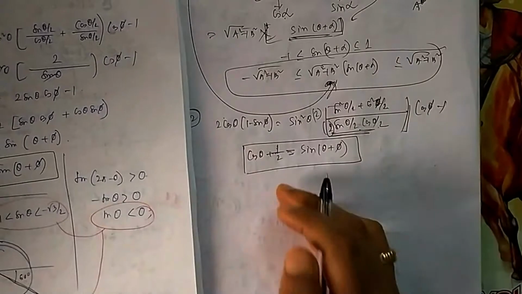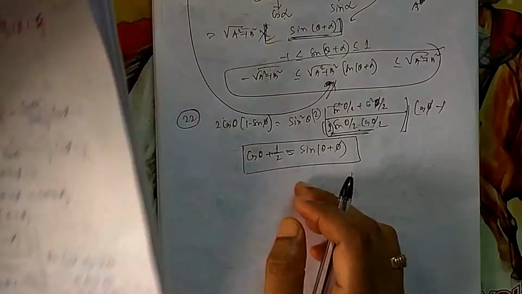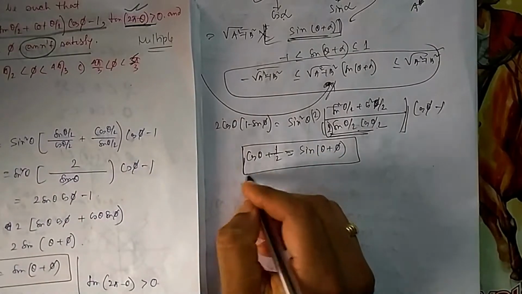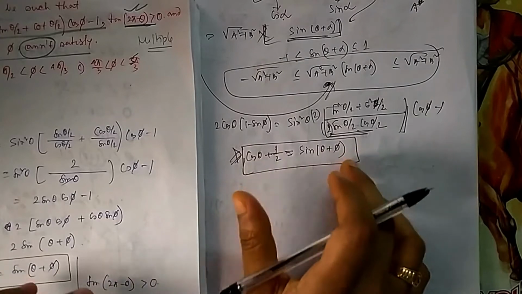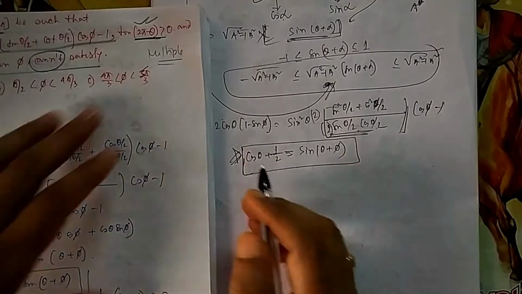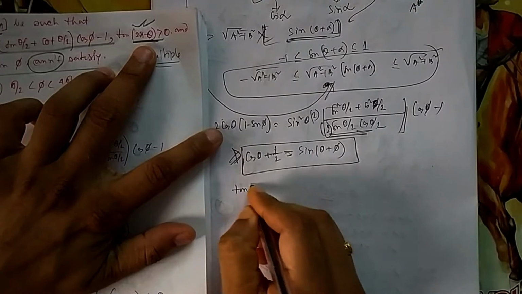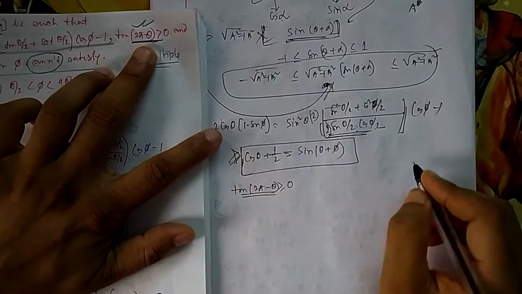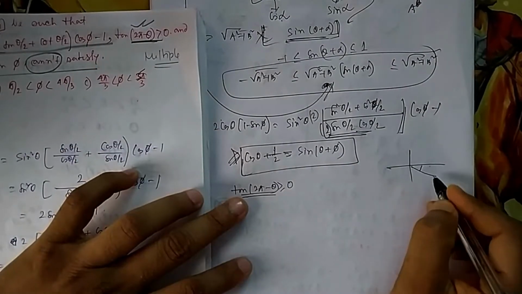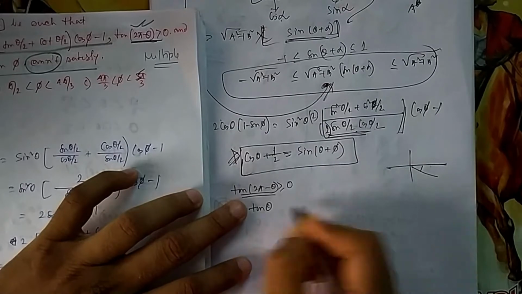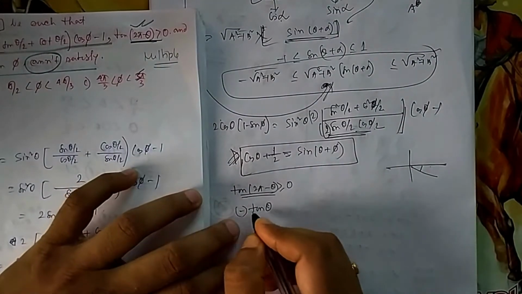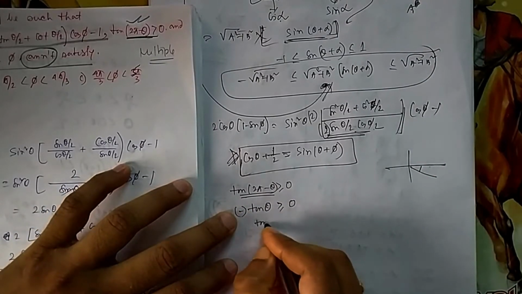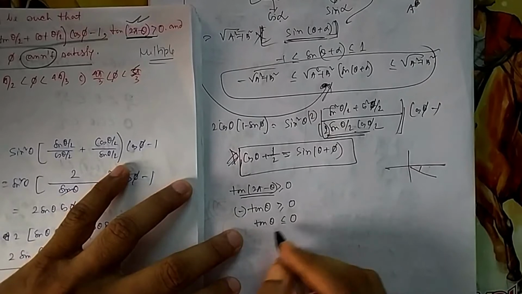Now you have to find where theta and phi lie. They have asked you to find phi. If I know theta, then I can find phi also, because there is a relation between theta and phi, which is a little simplified compared to what they have given. Now what is the condition on theta? The first condition is tan(2 pi minus theta) should be greater than 0. What is tan(2 pi minus theta)? 2 pi means there will be no shift, so it will be tan theta, and 2 pi minus theta is in the fourth quadrant, where tan is negative, so the output will also be negative. So your tan theta should be negative.